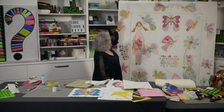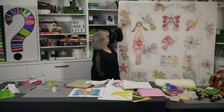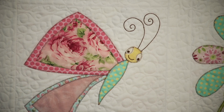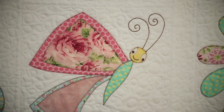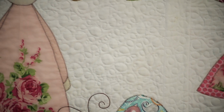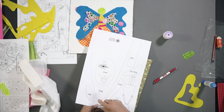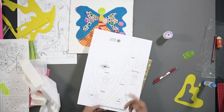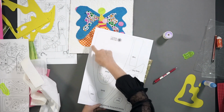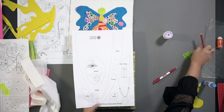You could use the butterflies on other quilts. You can change the expression on their faces. There's so much you can do. But I want to show you now how we transfer these patterns to cut them out. Like you could cut this out if you wanted to, but then you've destroyed your pattern. So what I do when I want to trace something like this, because there's no template for that, I use